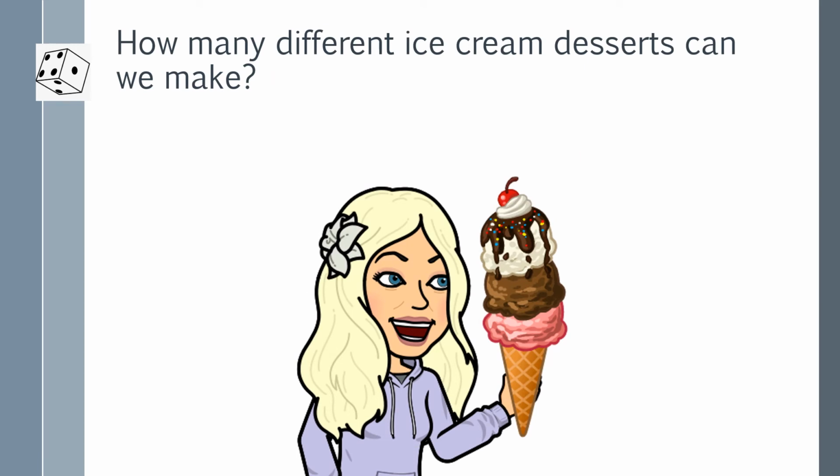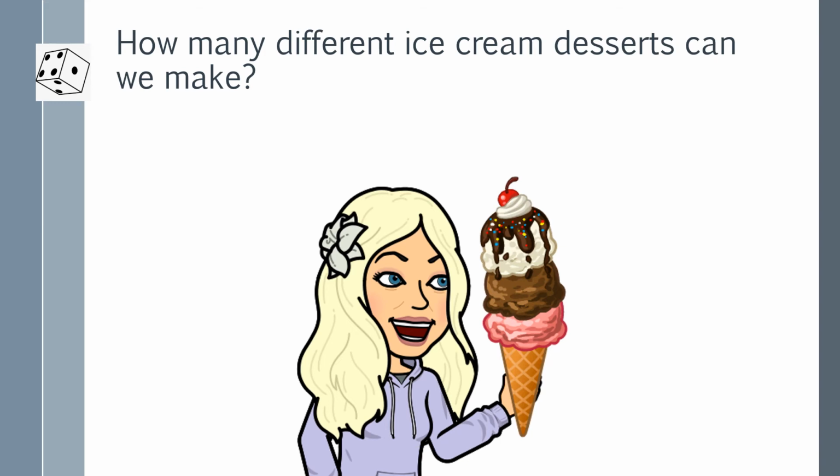Now, let's extend our learning to a more complex example. We are going to help Mrs. Lewis figure out how many different dessert setups she can make with what she has in her kitchen. So we're going to find what we're looking at. What we're going to try to find is the total number of different dessert setups that we can make with